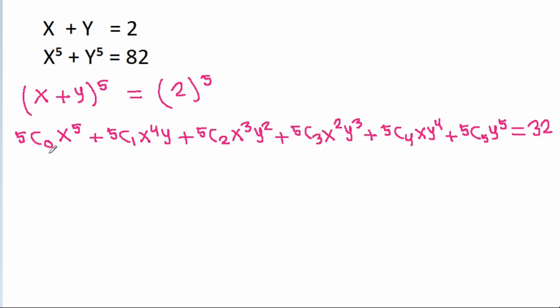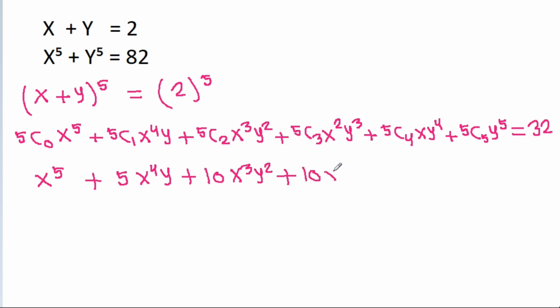And 5c0 is 1, 5c1 is 5, 5c2 is 10, 5c3 is 10, 5c4 is 5, 5c5 is 1, and it is equal to 32,